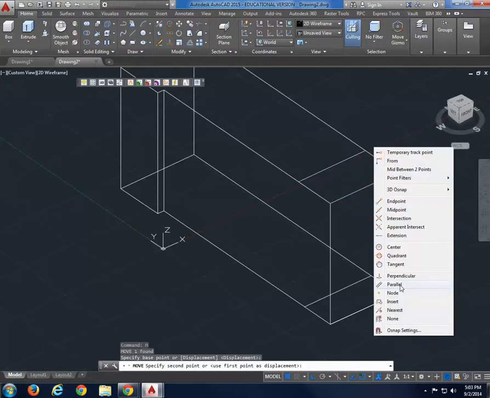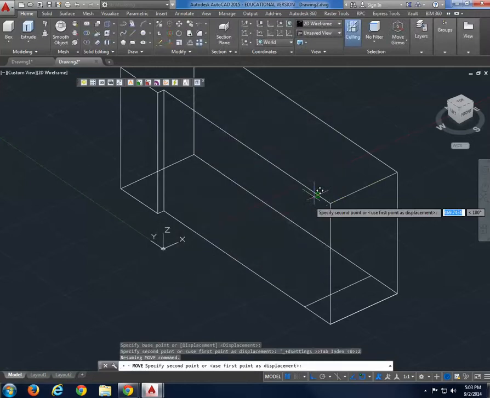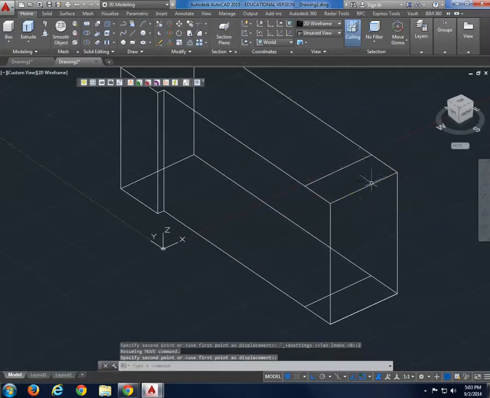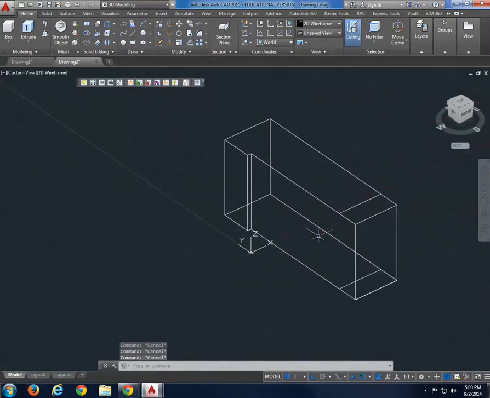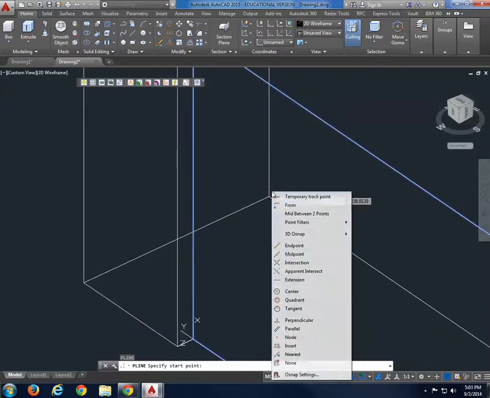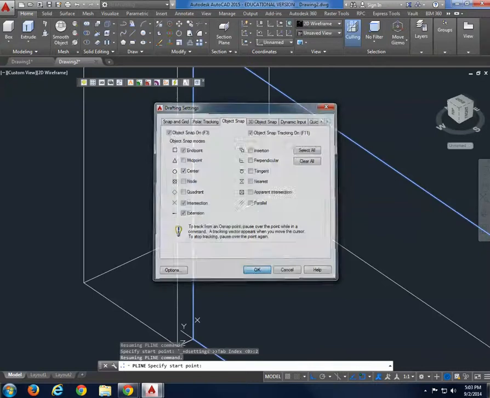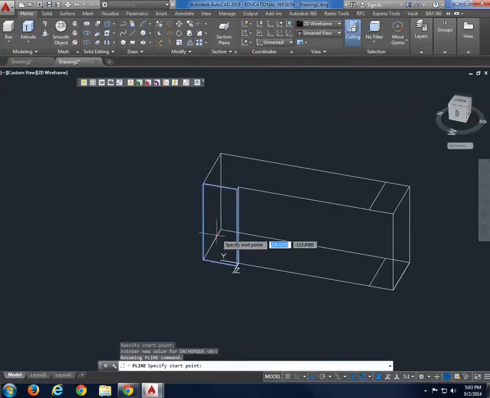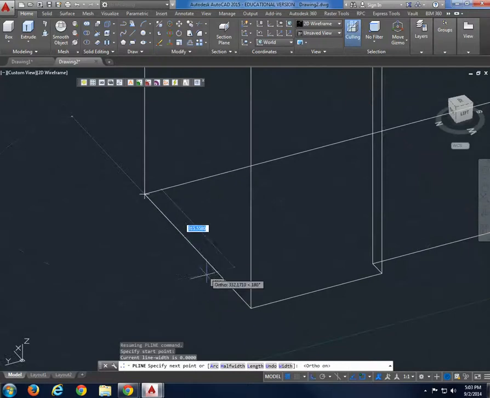If you want to snap to different things, you shift right click, snap settings, and you probably want to put nearest or whatever you need, perpendicular obviously, etc. Okay. There you go. So you kind of draw those, or you go to drafting, you draw the line in the middle, let's say PL as in polyline. Let me get rid of these guys again. And I can draw a polyline F8